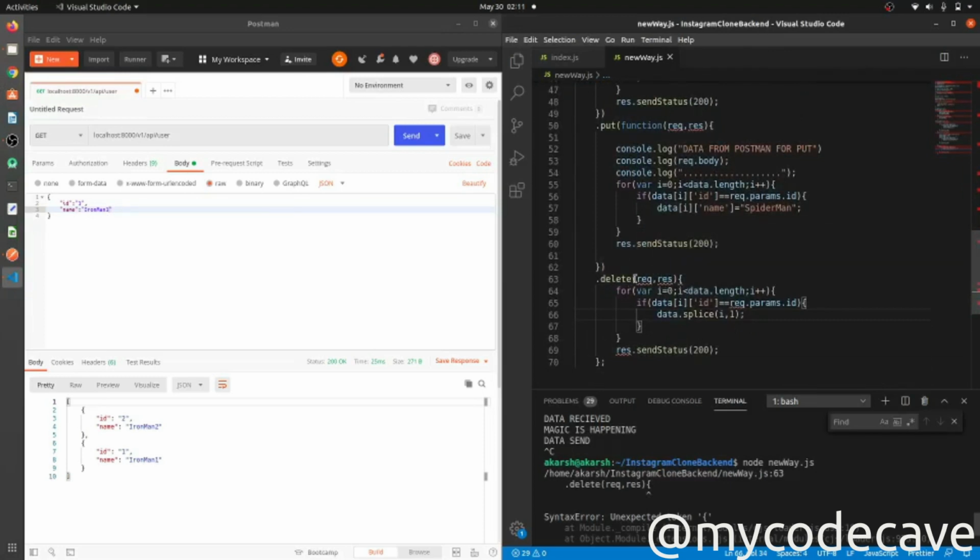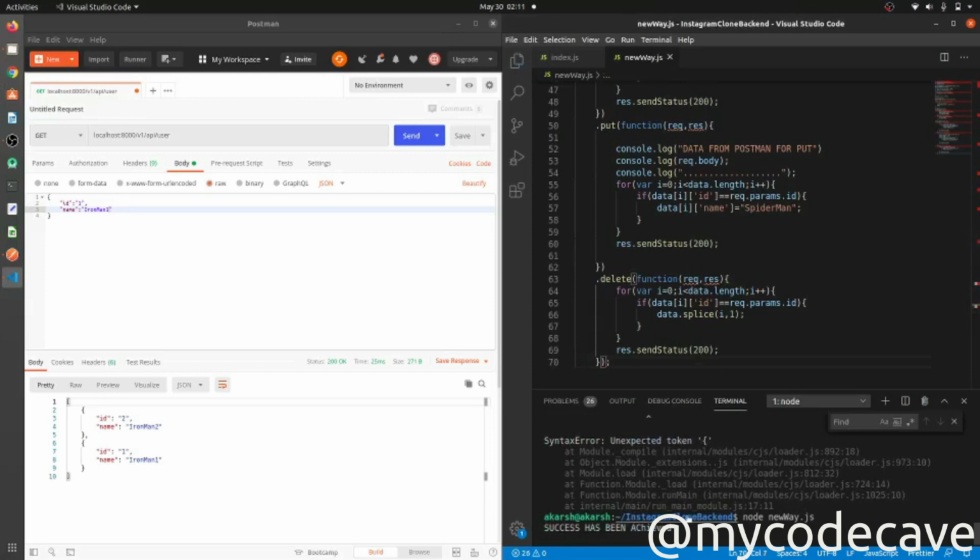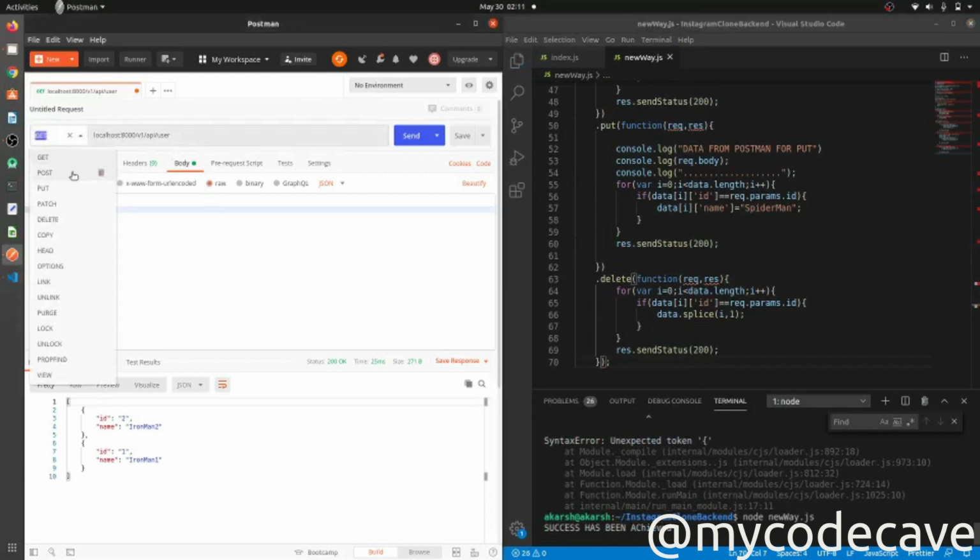Let me just fix the function here. Yeah, save. We have just run our server, and now let me add our data.